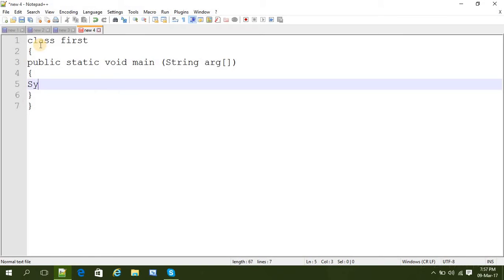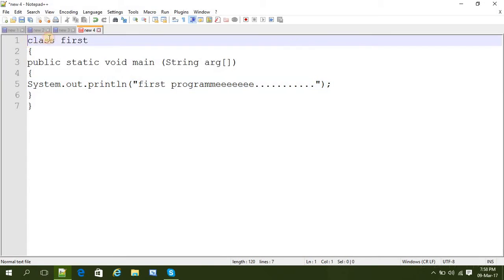And here is System.out.println, and let's write "first program". Just put any string or any line you want to print.